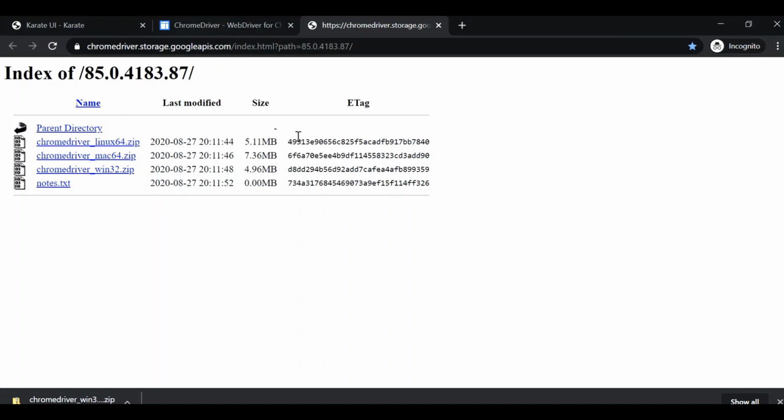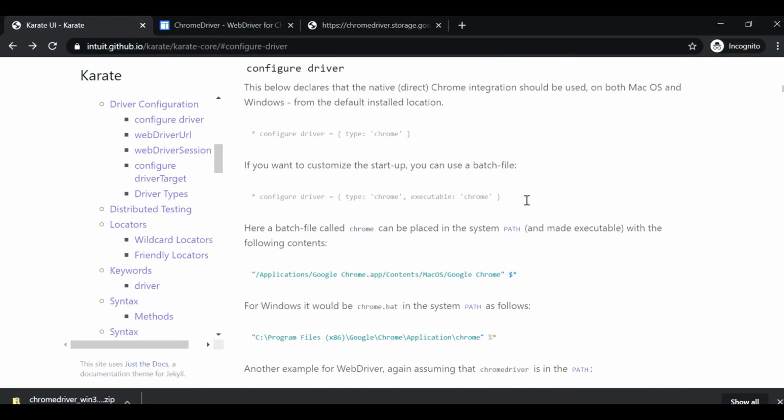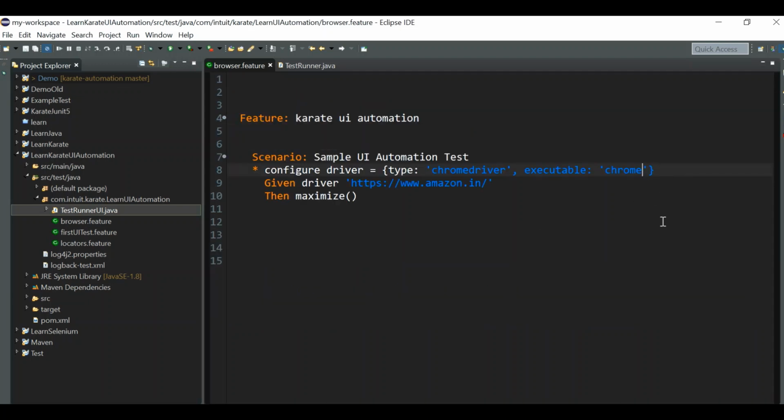Let me go to the documentation. Here you can see type equal to chrome and executable is chromedriver. So if you put executable, this should be the executable file name. Our executable file name is chromedriver, and let's run it.